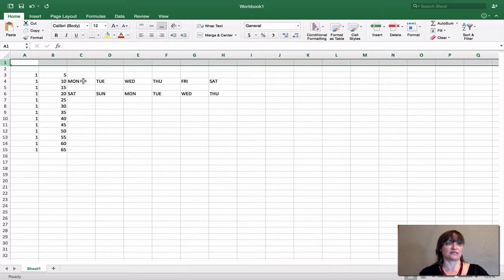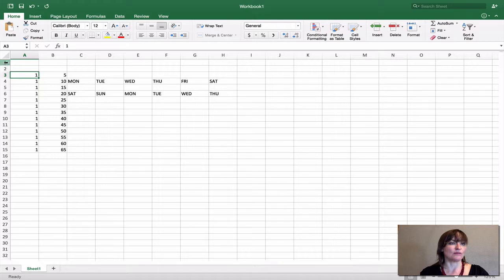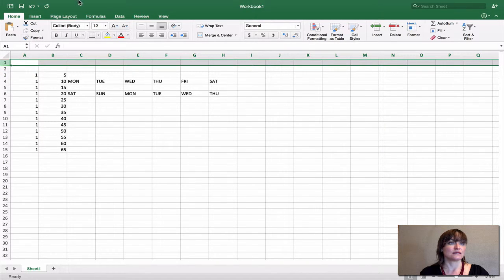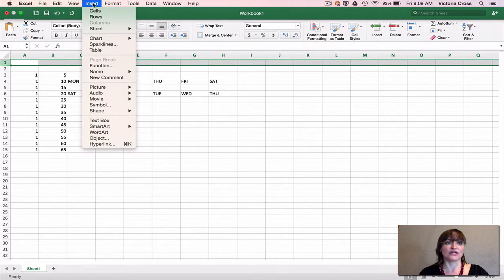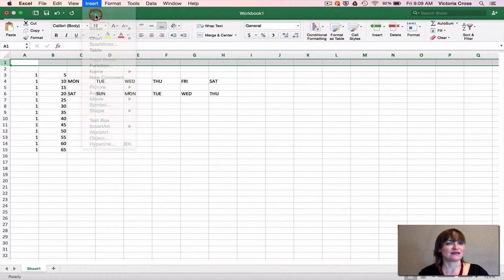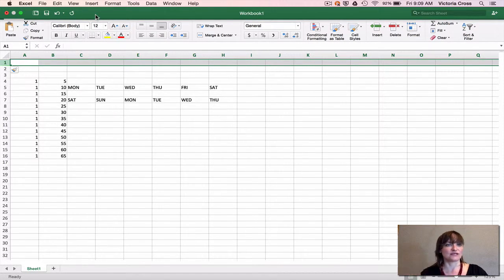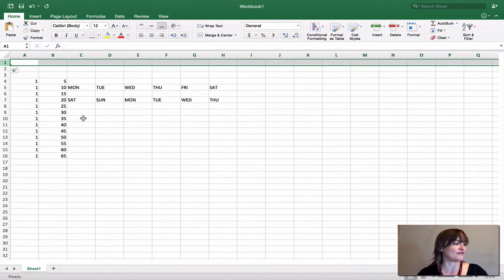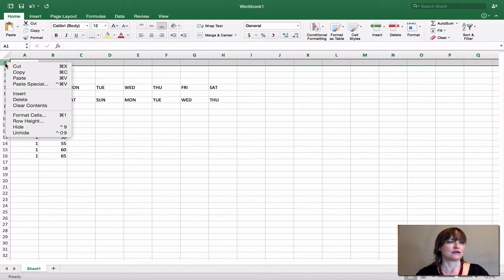We can insert. So let's see. I'm going to select column or row 1 again, and under the Insert menu, I can choose cells or rows. In this case, it would be the same. I'm going to insert rows, and everything has moved back down, and I've inserted a nice clean row above there. You can also right-click to pull up that insert.